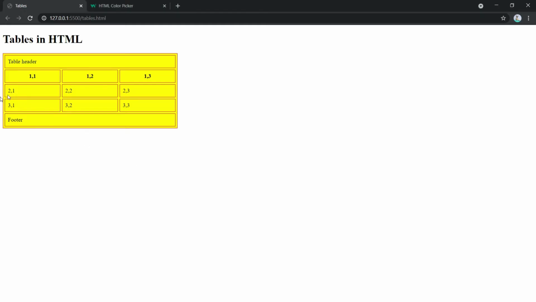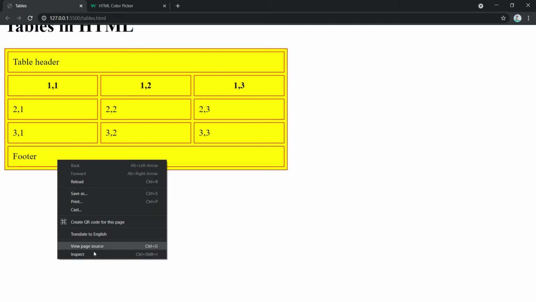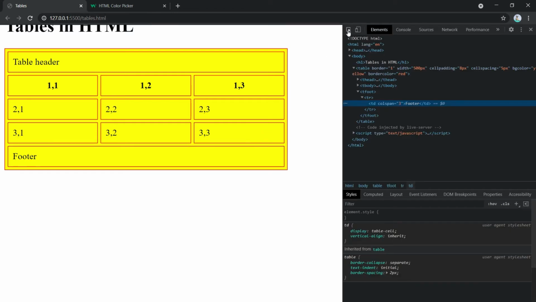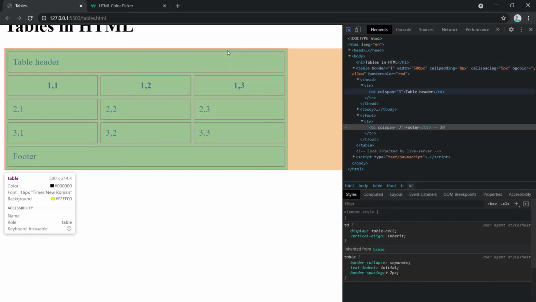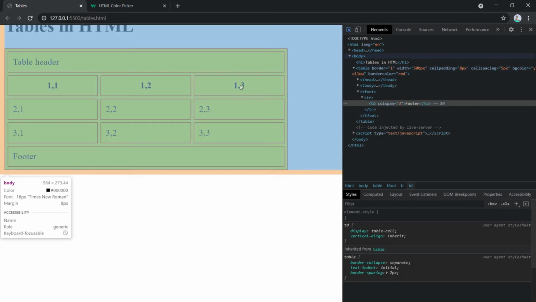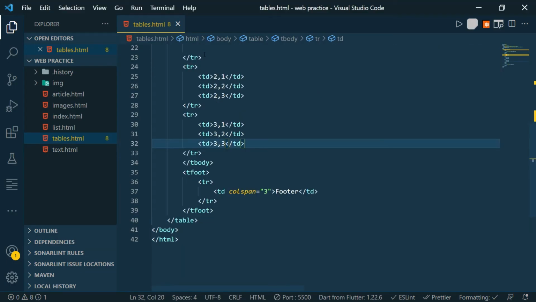Let's see. As you can see, it looks like this. We can add a header, a body and a footer. Let's inspect it and see. As you can see, this is treated as separate, and this way we can divide our table into header, body and footer. We can even create nested tables.